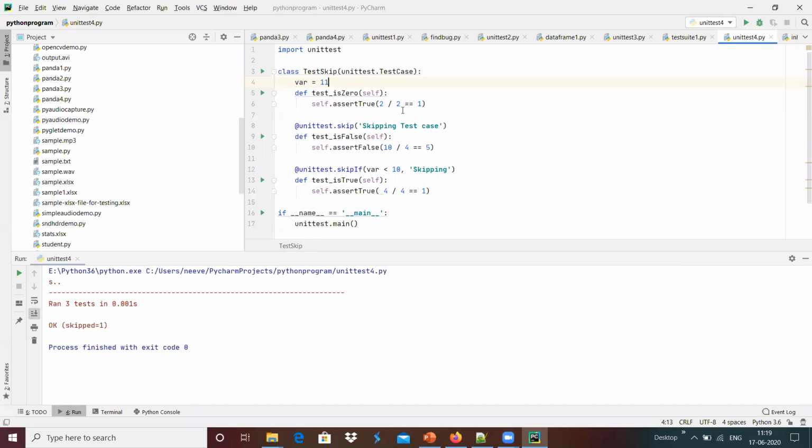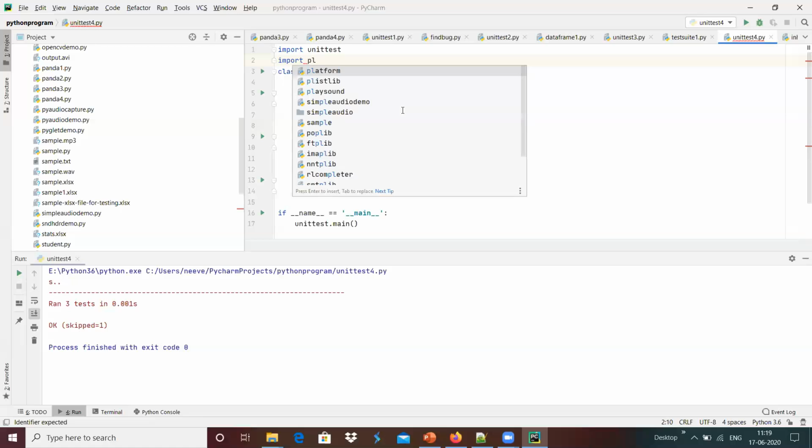For example, I'm going to use import, in which cases we can use this conditional test case skipping.